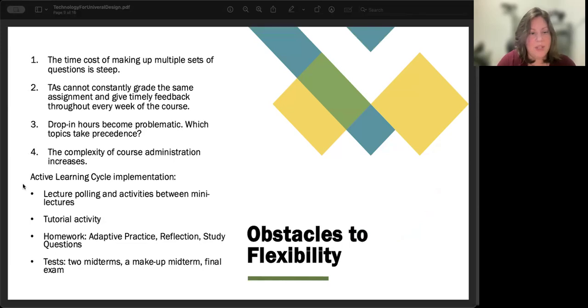So in lecture, having polling and activities and think, pair, share, and whatever structures the particular instructors wanted to have, because I'm designing a course within which instructors can make choices, and I really wanted that to be the case, where I could encourage things and maybe give some slides with some questions they could use, or I'm hoping to put some of those slides on Mathematize so they can use that next semester. We used Mathematize for other things, but hopefully that as well. So that it's a little easier for them to do it, but basically provide them with opportunities for active learning